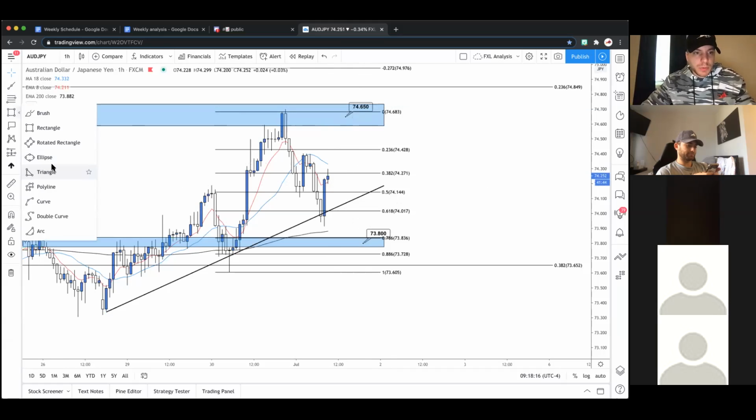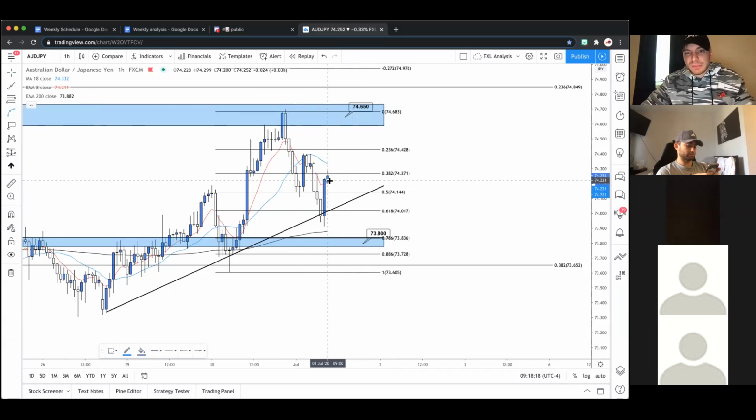So let me show you what we could enter on now. You want to see something like this? We'll target back up to this area. Okay, so this is looking like a pretty steep flag too. So if it does break to the upside, just look for lower time frame confirmations. Look for maybe one more touch of this trend line, and then a push in price action towards the upside. So let's go ahead and highlight this.